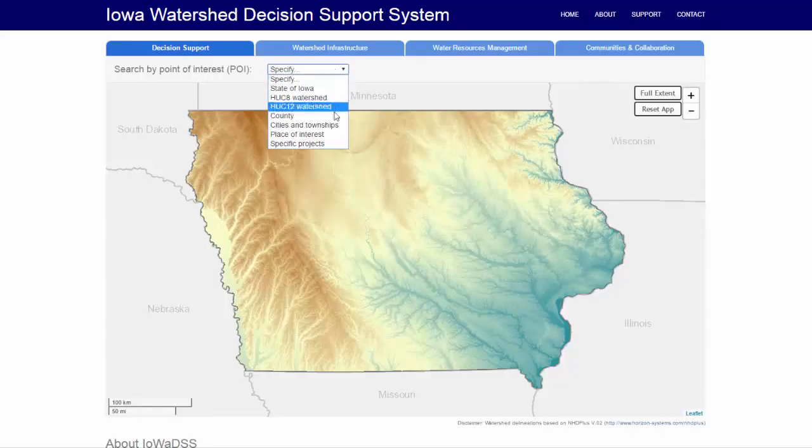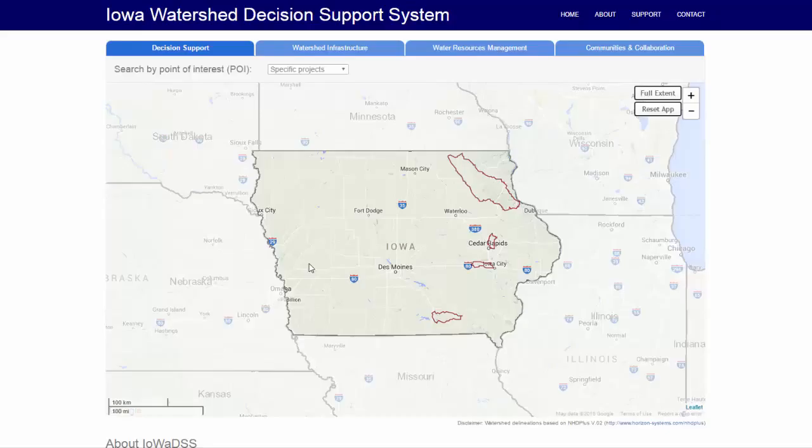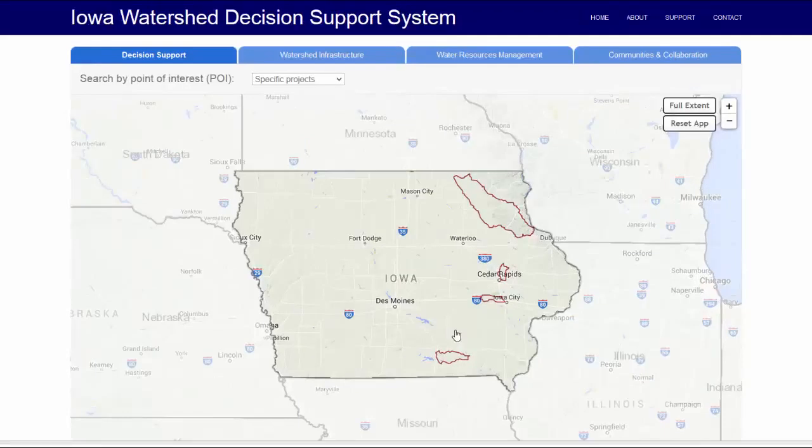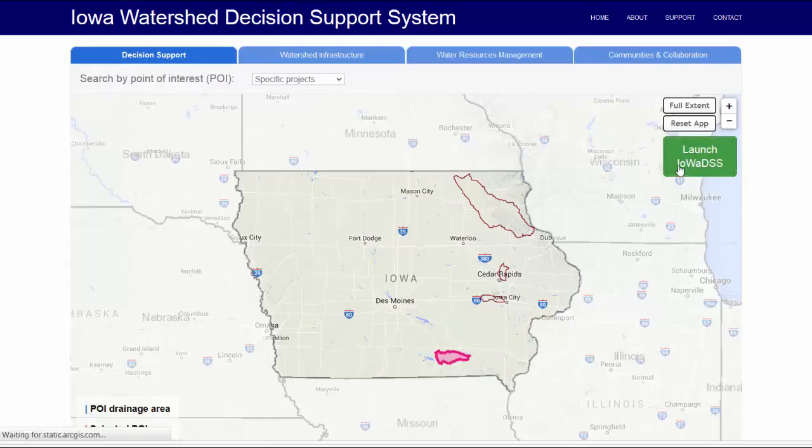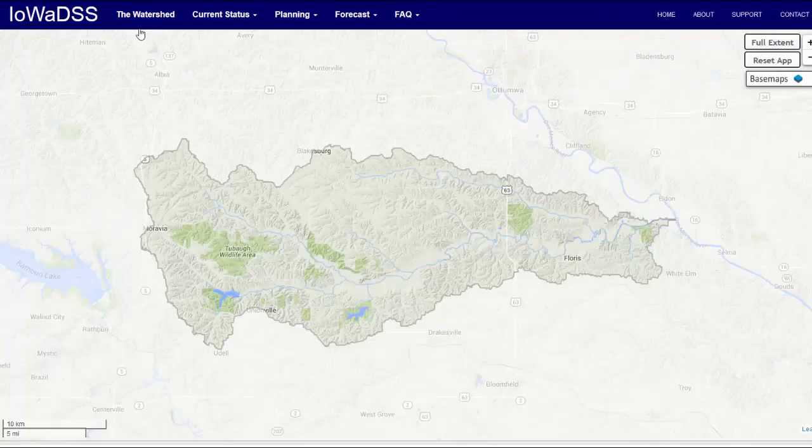The last method you can search by is specific projects. The specific project section connects watersheds with specialized resources, such as additional watershed data or modeling results. For example purposes, we will use Soap Creek. Then select Launch IoWaDSS. The sections above provide the data about the watershed, the current status of the watershed, planning,